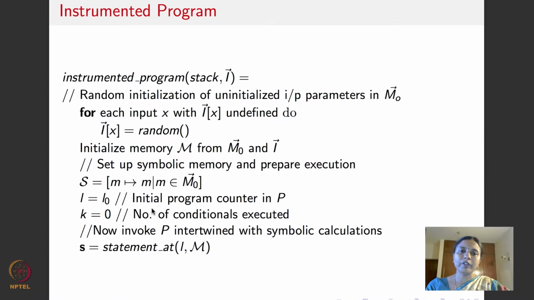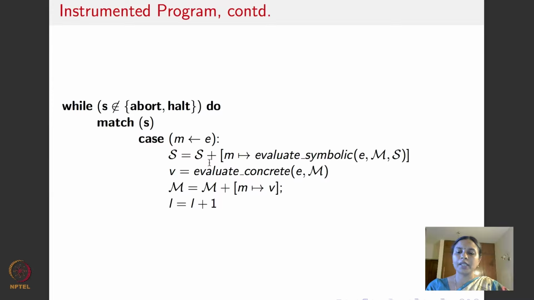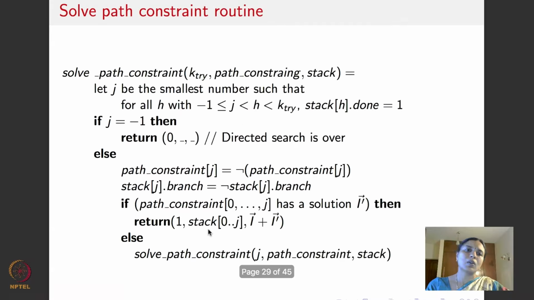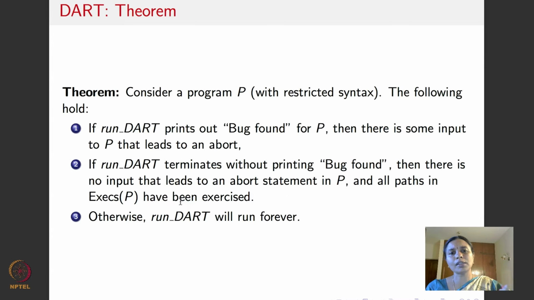Once it's ready for instrumentation, I'll go back for a minute to the code that I showed you last time, which is basically this. So it sets up symbolic memory, sets up the stack, updates the symbolic memory, keeps going, updates the stack, and does all the solving of the path constraint and then runs the program. Once it runs the program, it can